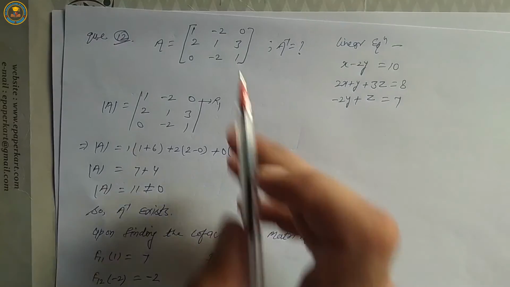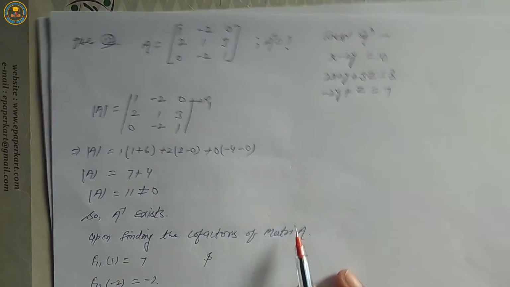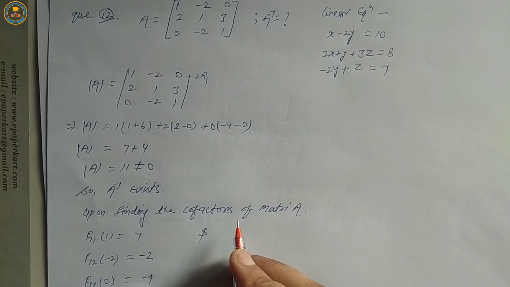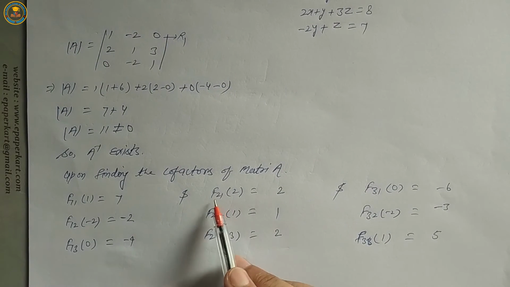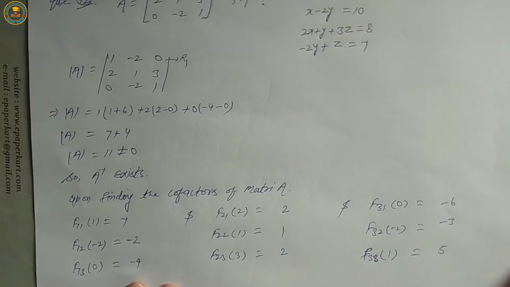Similarly, element 2, 1 3 0 minus 2 1. Okay, F21 over 2 is equal to 2, F22 over 1 is equal to 1. Okay, so